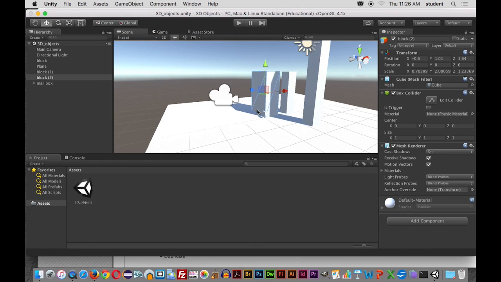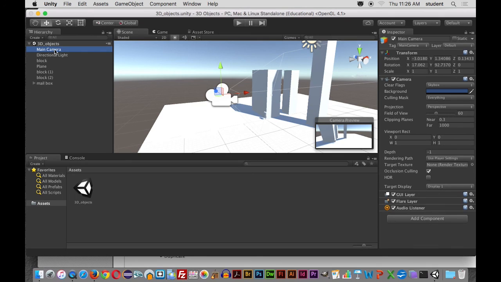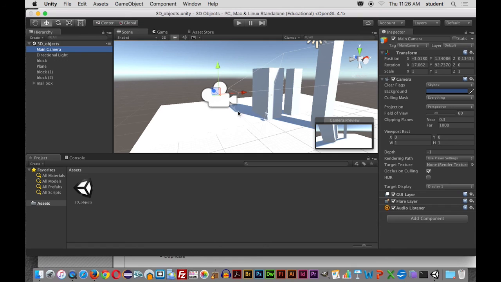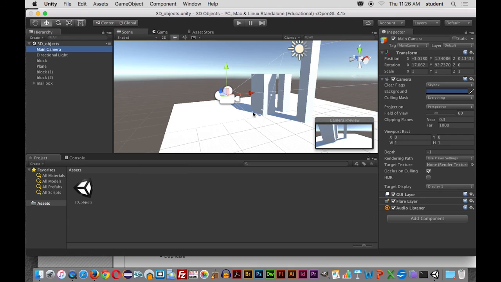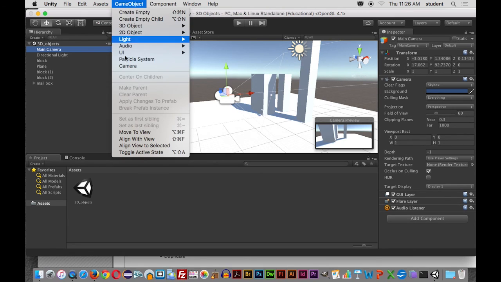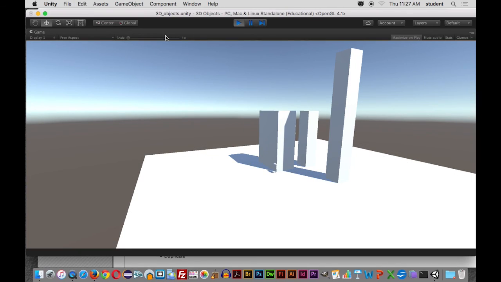Once you have it set up, then again, if you click on the camera, see if that's the view you want, and notice that's not necessarily the view I want. I want it to start off this way. Then you're going to go to Game Object and Align to View. Then when I hit play mode, this is what it starts off with. That view that